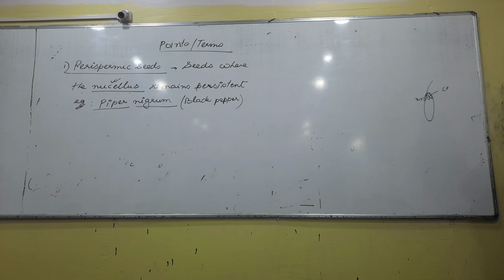Generally, what is seen is that the calyx and the corolla wither off or fall off. Because what is important? Obviously the two reproductive parts. What was the work of the calyx and corolla? Attraction, right? Pollination, it will be colorful, it will do the work of protection, etc. Once fertilization is done, they do not have any work. So, at that time, they wither off or they fall off. But there are certain examples where the calyx remains persistent even after fertilization.